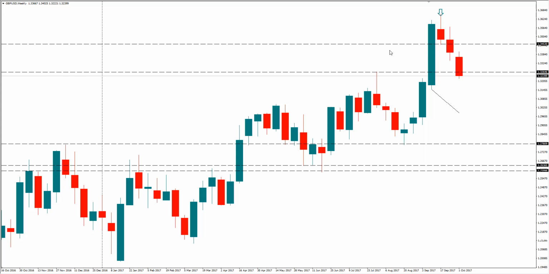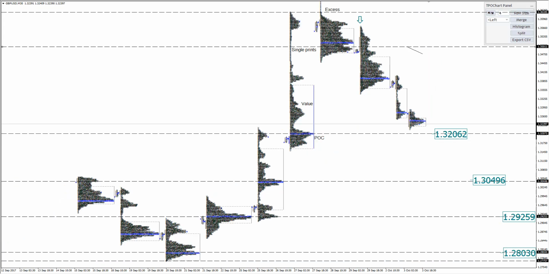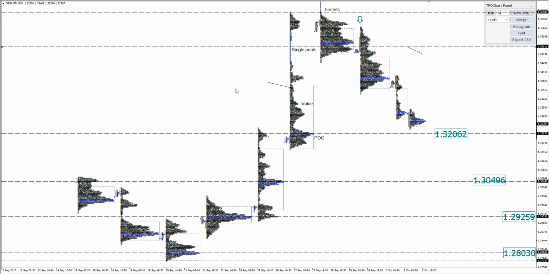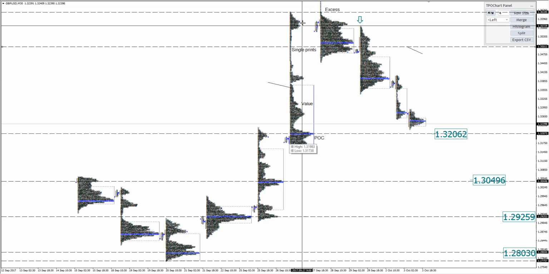Now if I ask you where is the value on that wick, where is the point of control, do we have single prints and so on, you don't know anything, except that you visually saw that something closed higher with a strong real body, very bullish, right? And this is the profile for that wick. This whole profile is for that wick. We saw much more, including everything you can see there, based on where we open and the print A, we close here,